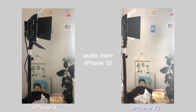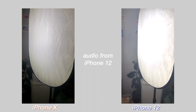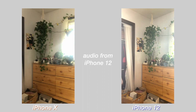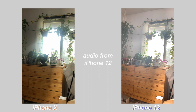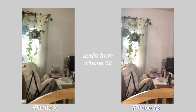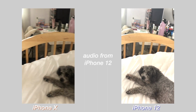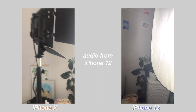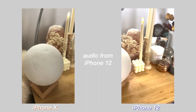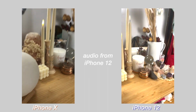Okay, so this is filming on both of them, and right off the bat you can see I have done no adjustments whatsoever, but the iPhone 12 is picking up a lot more of the colors and is doing a lot better in low light. But this is my lighting setup, and then this is my filming, and then this is my nightstand. But the colors are just a lot more vibrant on the 12, but as you can see, like in